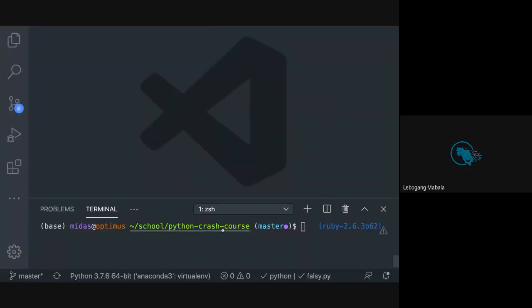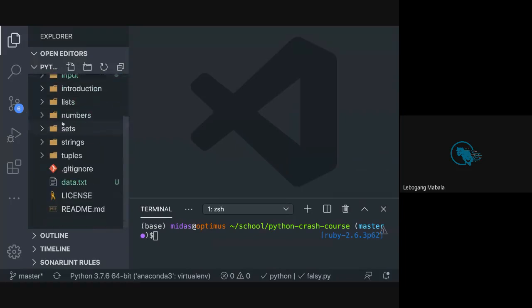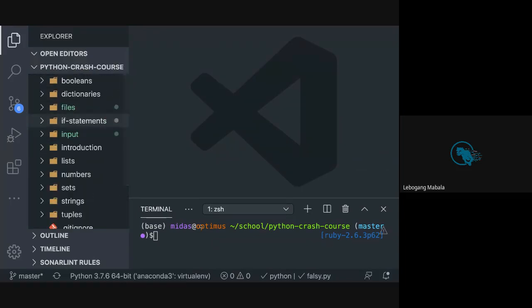So cool. Let's see. Dictionaries. Okay, I'm going to create a